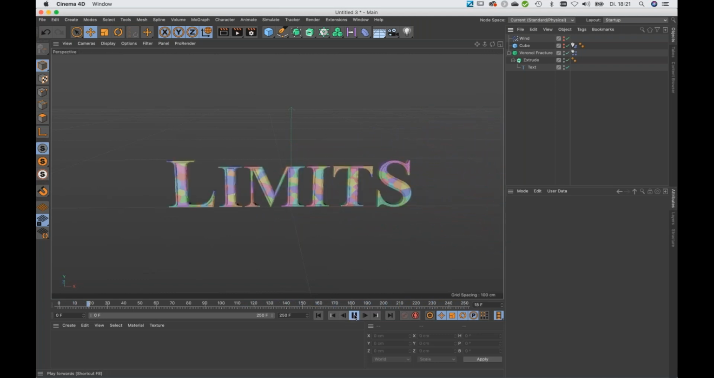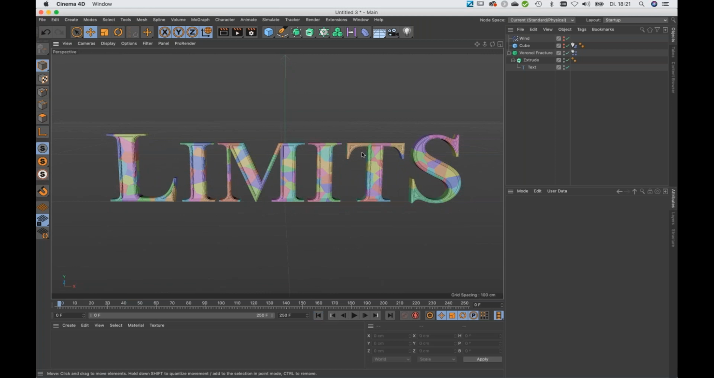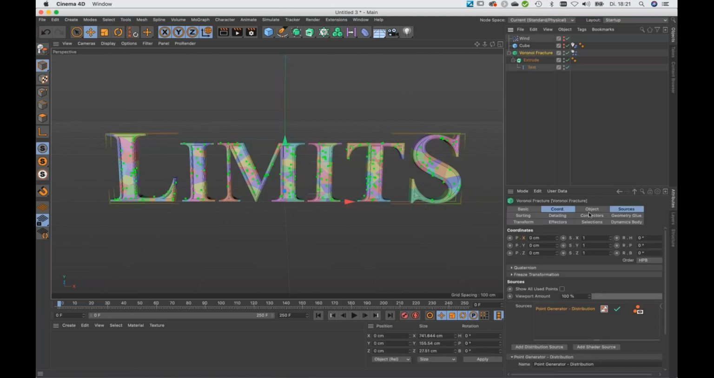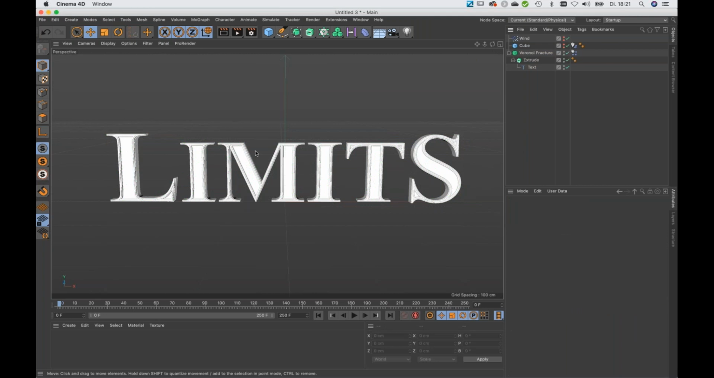Already really cool. Okay, now let's set this whole thing up for rendering. And the first thing I want to do is to apply some materials. But before I do that, I go to the Voronoi fracture object, select it, and in the Object tab, I uncheck Colorize Fragments. This way I get rid of the random colorization, and I can also see the materials